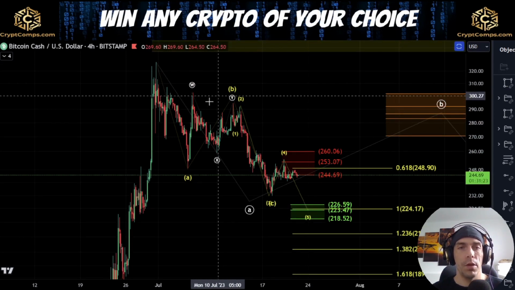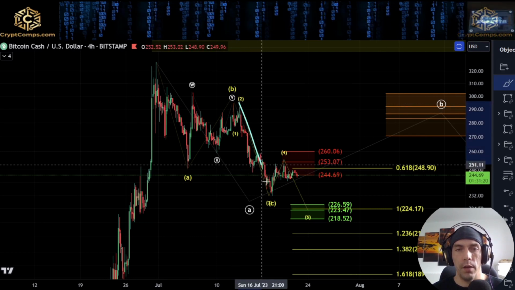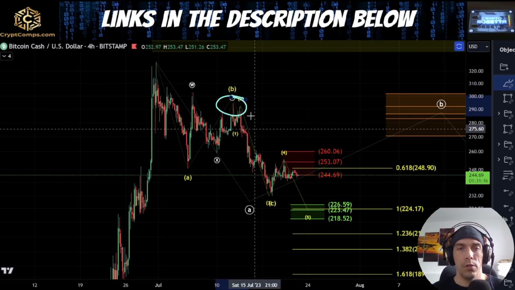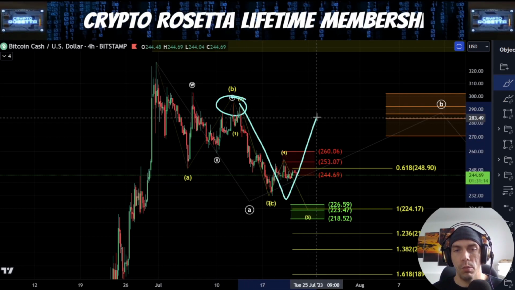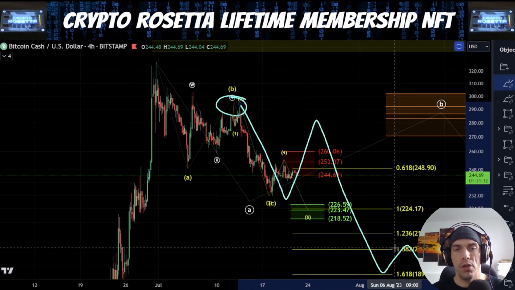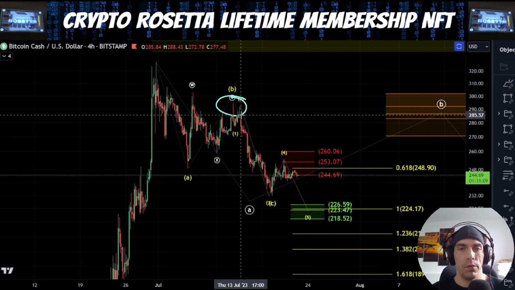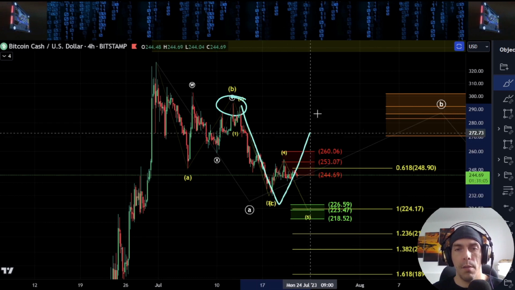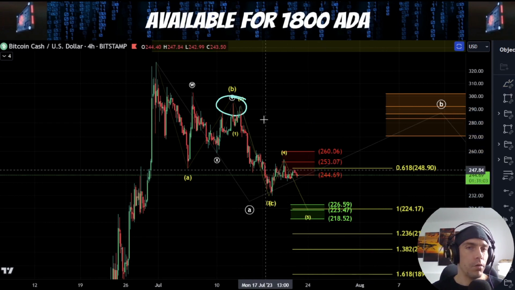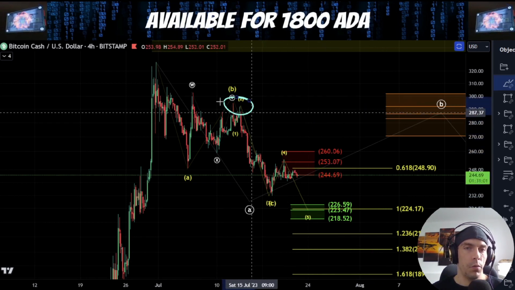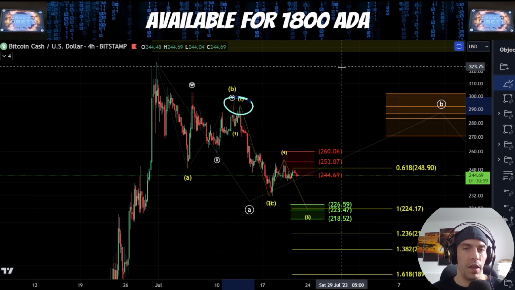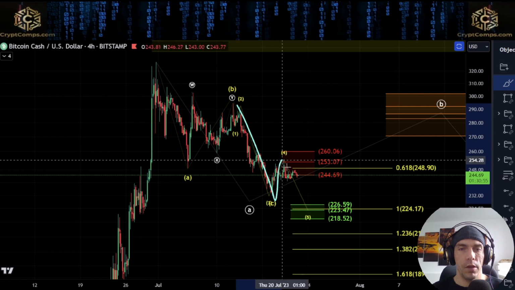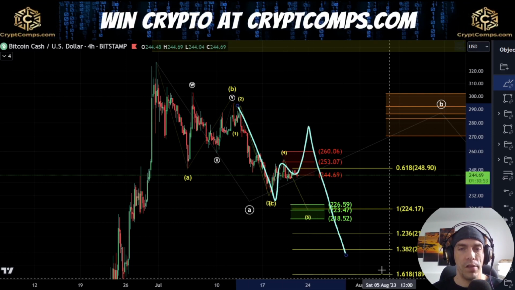Now, the thing we need to be cautious with, if this is a 5 wave move down here, is that until we actually break above this high, this could still look to extend out, where this becomes 1, 2, and then we still look to push down for either a 3rd or a C wave. So it could become 1, 2, 3, 4, 5, or alternatively A, B, and C. So this is going to be our key high here if we want to look for that continuation to the upside in that bullish way. Until we actually break back above this, the potential is more likely that we're going to still see this continuation